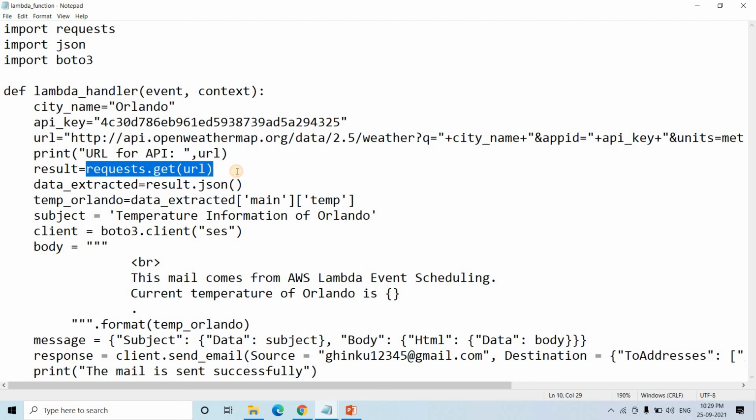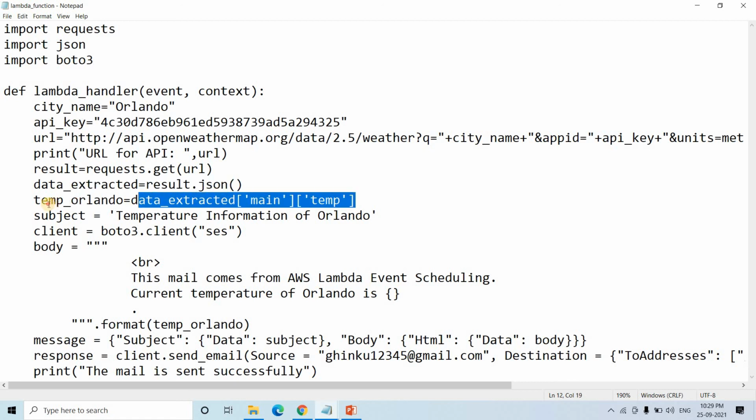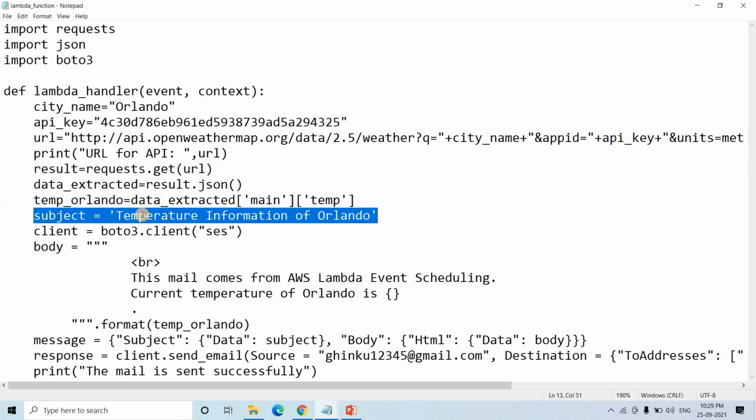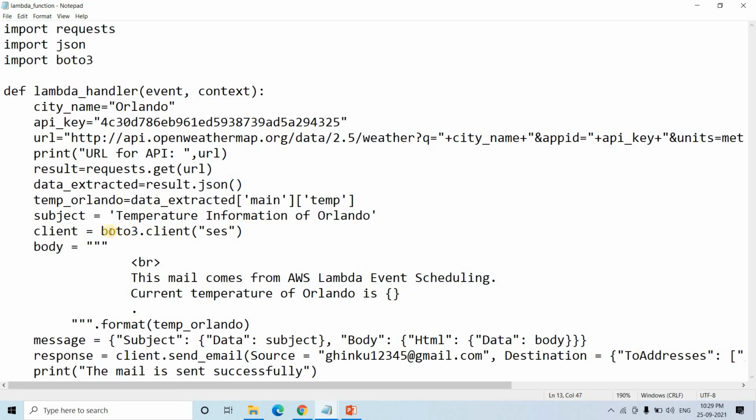Then I am calling the get function and getting the JSON, and then using main and temp. I am extracting the temperature of Orlando, and then I am creating a body with a subject. In the subject I am mentioning the temperature information of Orlando. Okay. And then I am creating a simple email service client using Boto3, and in the body part I am writing